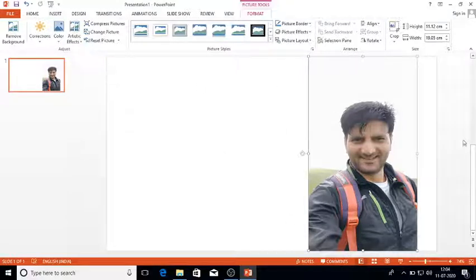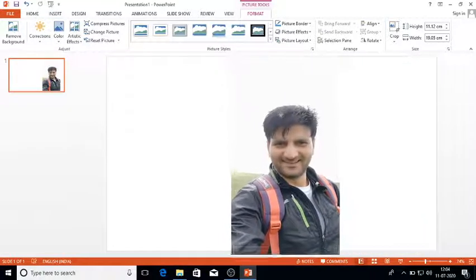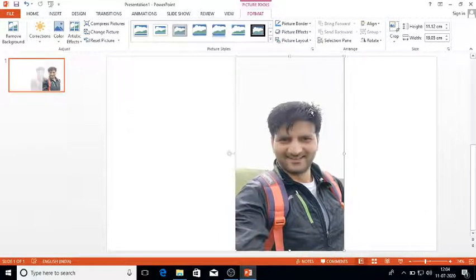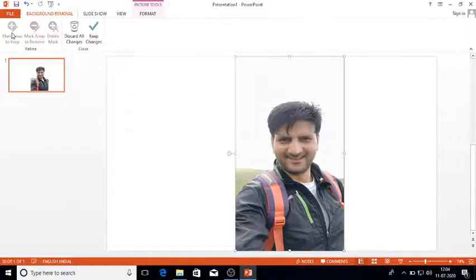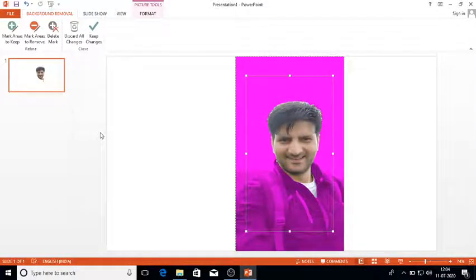So we have inserted a picture here. Now when you double click on the picture, you'll get this interface here, which is all related with the picture. You can do all kind of stuff with your picture. You can change borders, you can compress picture, you can do so many things here, but today we'll talk about the remove background. So we have to press the remove background. Now you can see